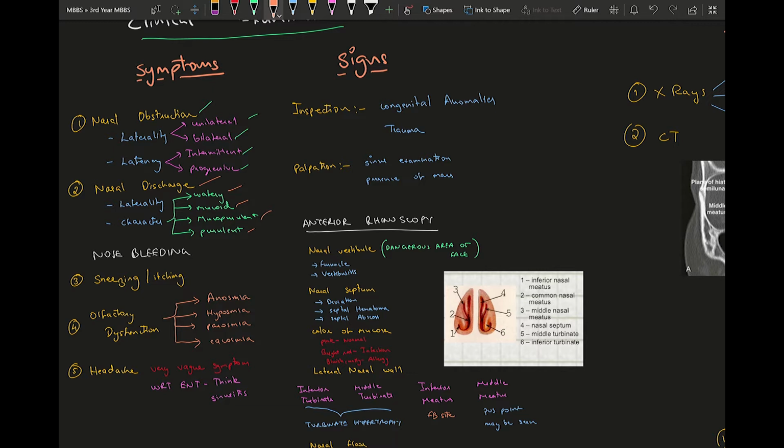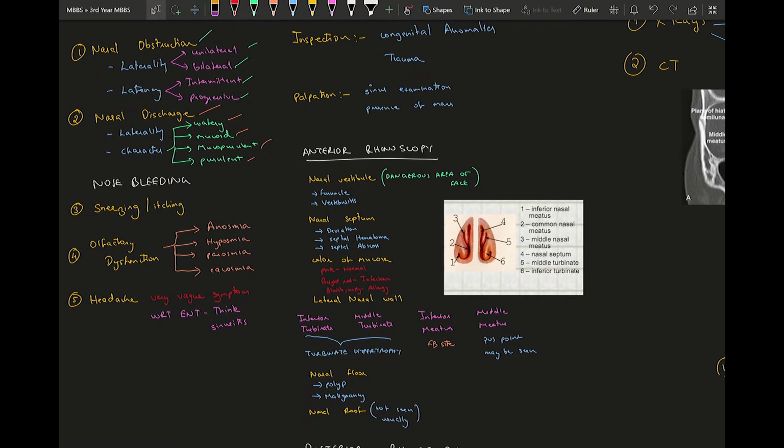Coming back to the character of the nasal discharge, it can be watery, mucoid, mucopurulent, or purulent. When you say purulent, it means it's infectious. It has some kind of pus in it. P for pus, purulent. Just remember that. Any bacterial disease is going to produce a mucopurulent or purulent discharge. The amount of nasal discharge is also important, I forgot to mention it here. The amount of discharge sometimes gives you a hint of what type of disease it is or the extent of the disease.